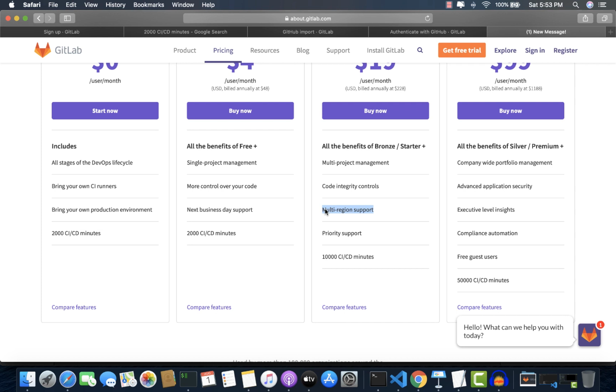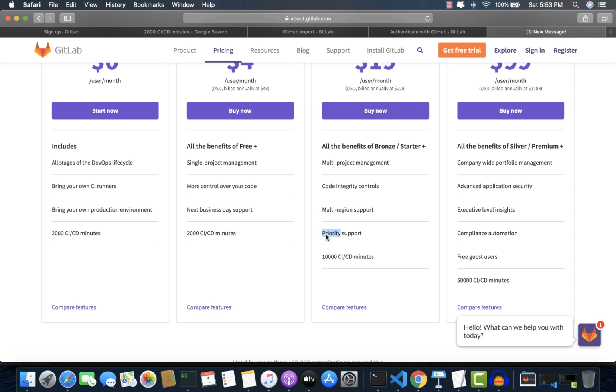For example, if GitLab has its data center available in India, and all your code is being updated in the India server, and it is also updated somewhere in San Francisco if you stay in US. So if I try to clone that code from the India region, for example, right now I stay in Bangalore, it will pull from the nearest available region from GitLab, and my code will be cloned faster than cloning it from some other location. So with this plan, you can have multi-region support as well.